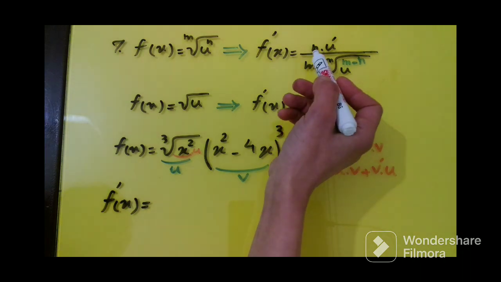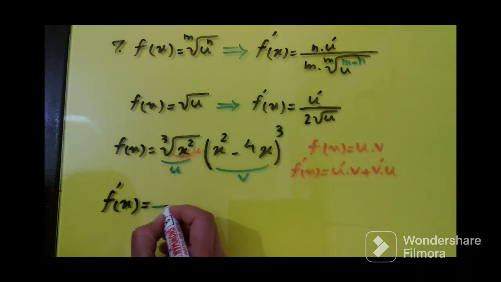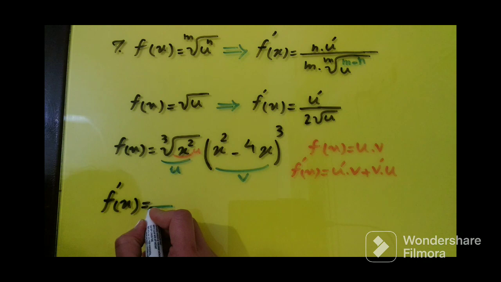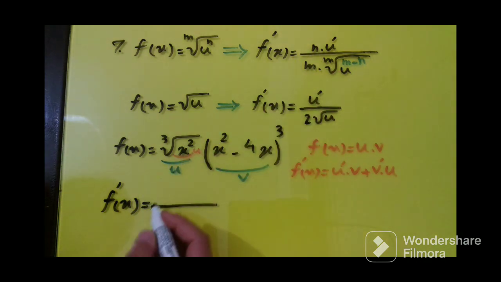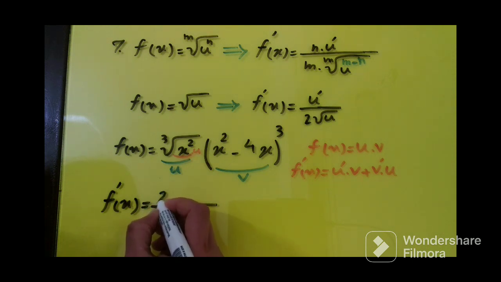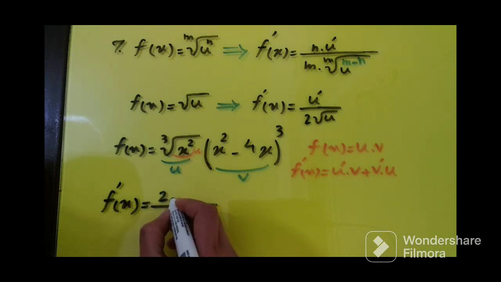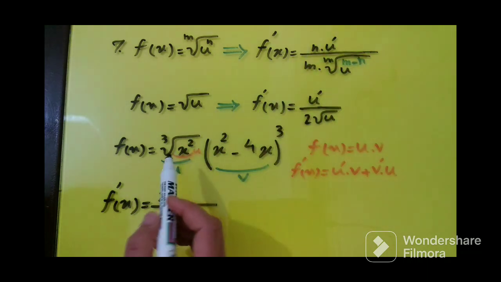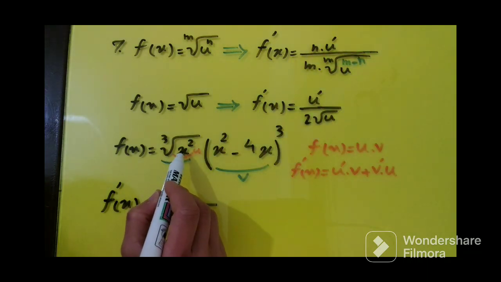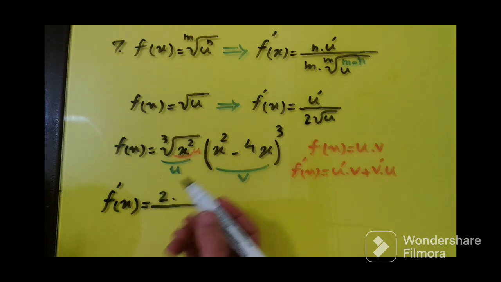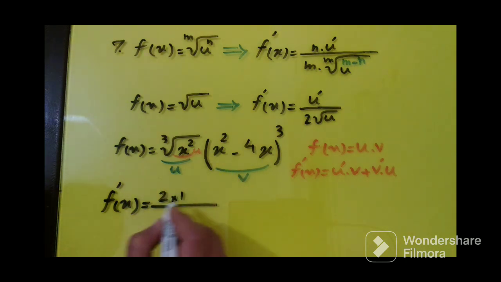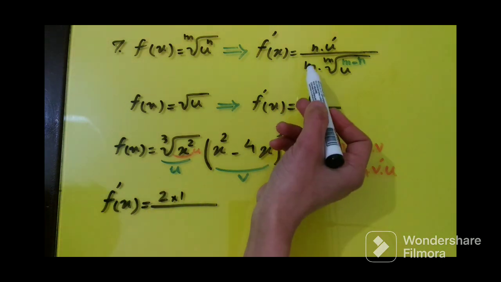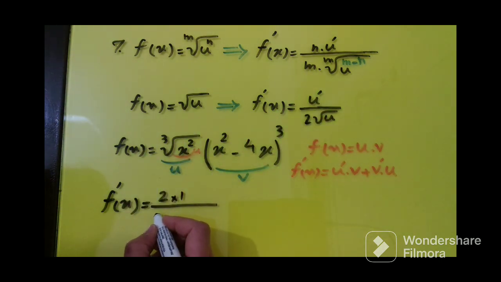Now, you should write n, which is 2, times u prime. As u is x, u prime is 1. So it's 2 times 1 for up. And for down, m is 3. You should write 3 times